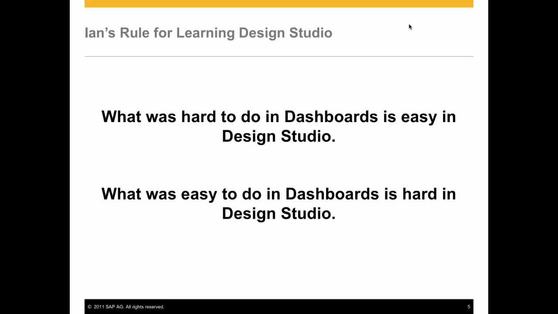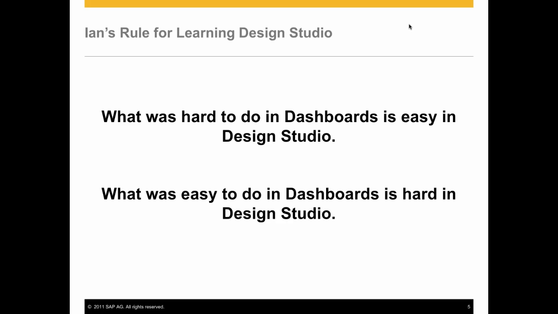So you may have seen this slide before. This is quite an old slide that we used when we launched Design Studio. When we launched it a few years back, we really said that this is going to be our new key dashboarding tool. If you remember what we were really looking to do, and we stated in a statement of direction at the time, and actually very recently reiterated with a new, broader BI statement of direction,